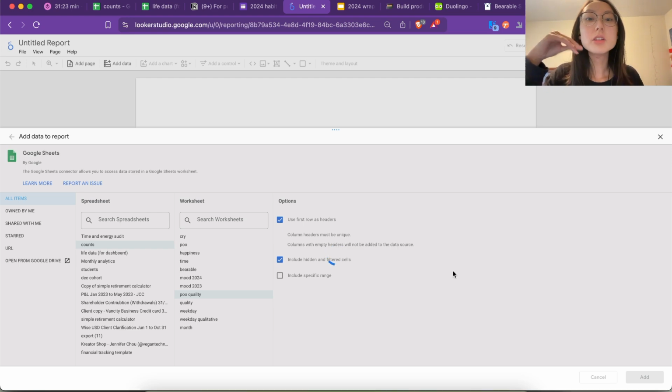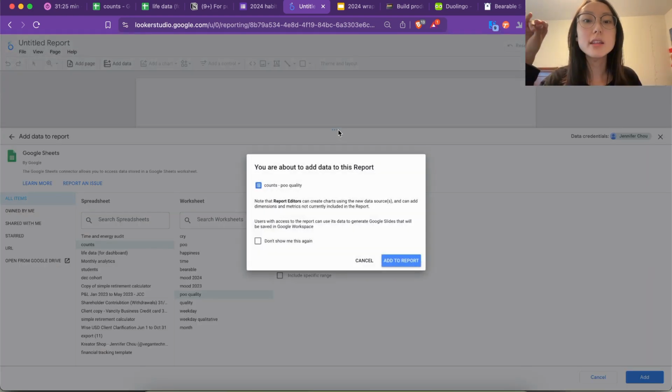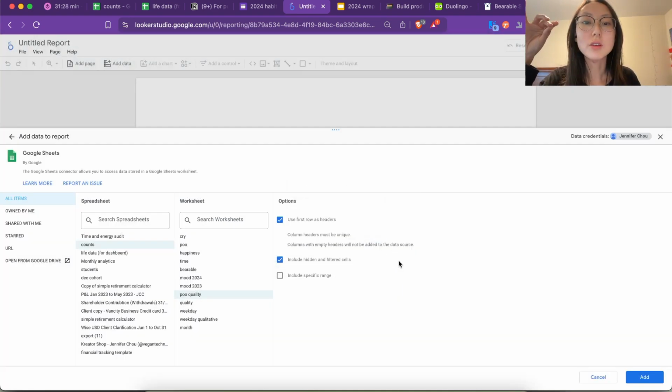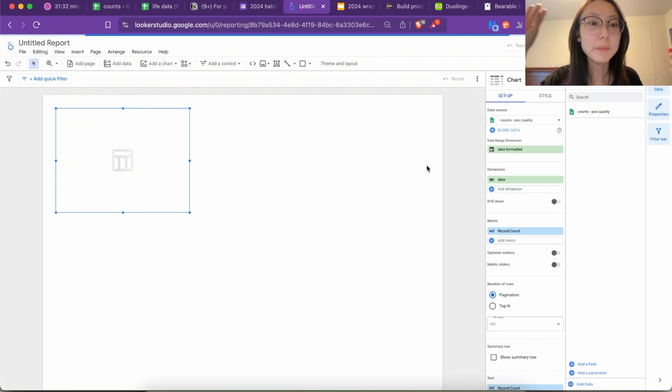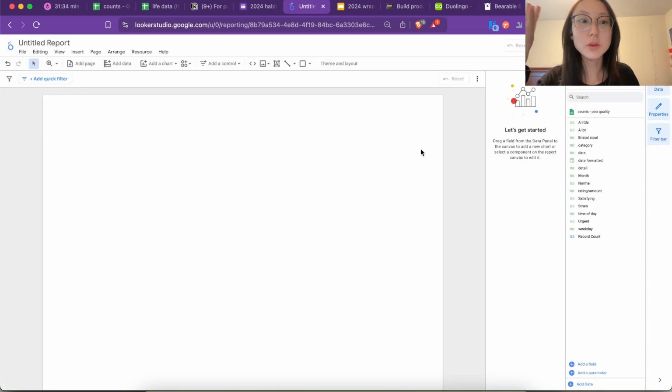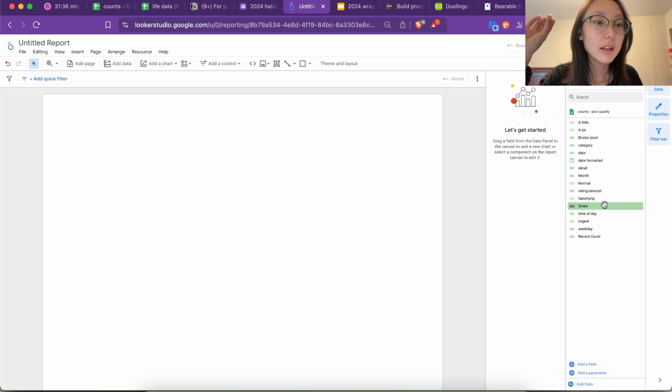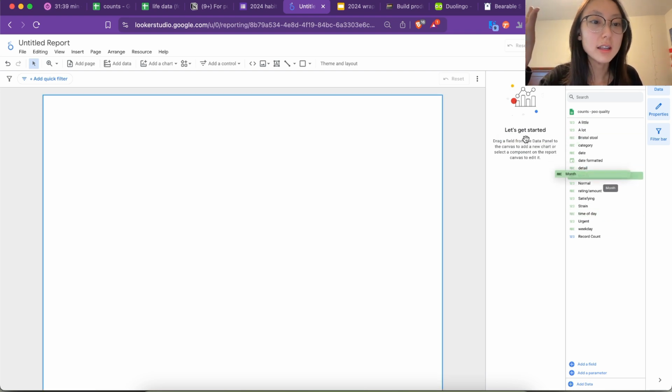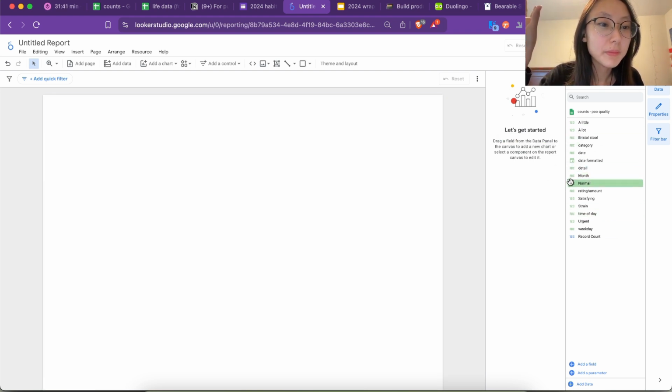Loading. Okay, all I'm going to show you today is how to make it look pretty, not necessarily how to create the whole dashboard, because that would just take way too long. Okay, so it'll just do this. What you want to do is look at whatever metrics you care about. Let's say,